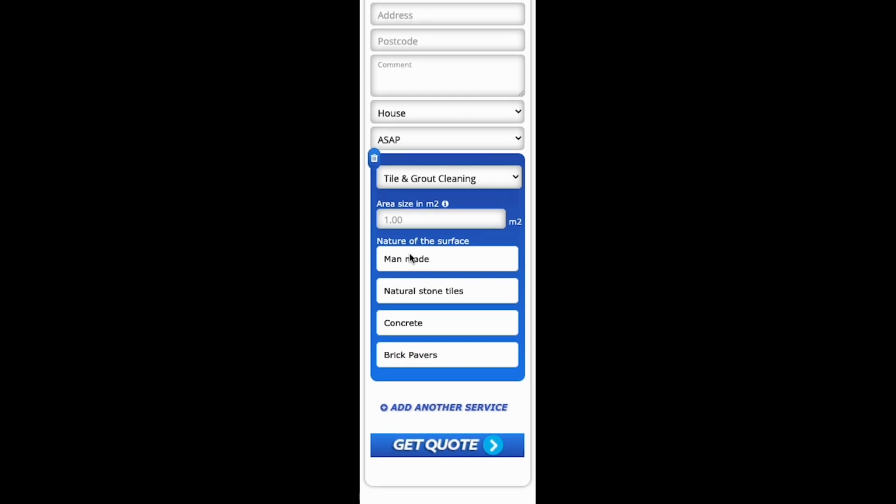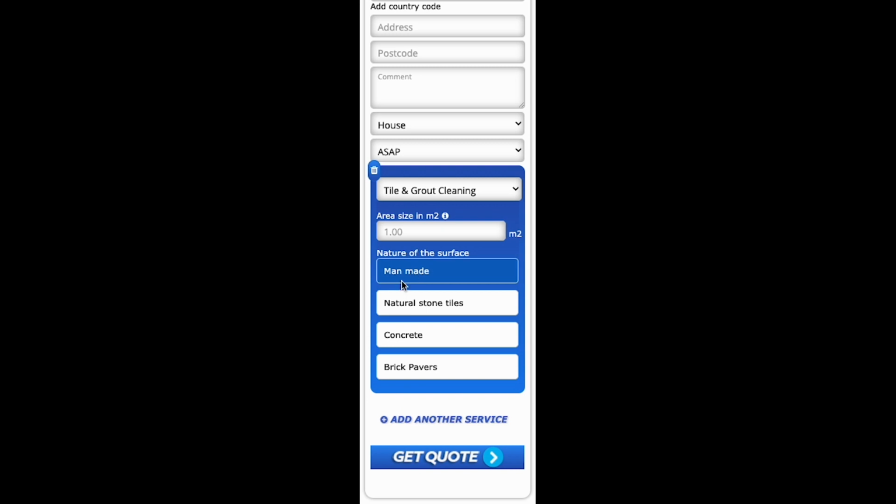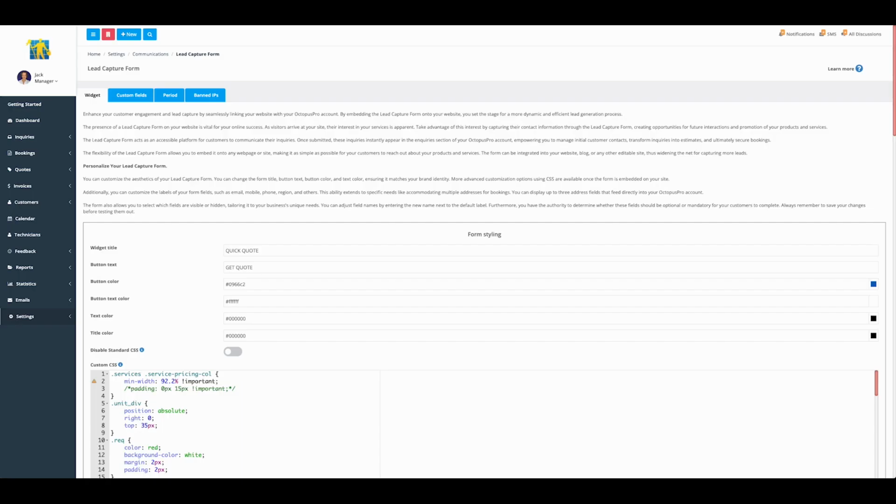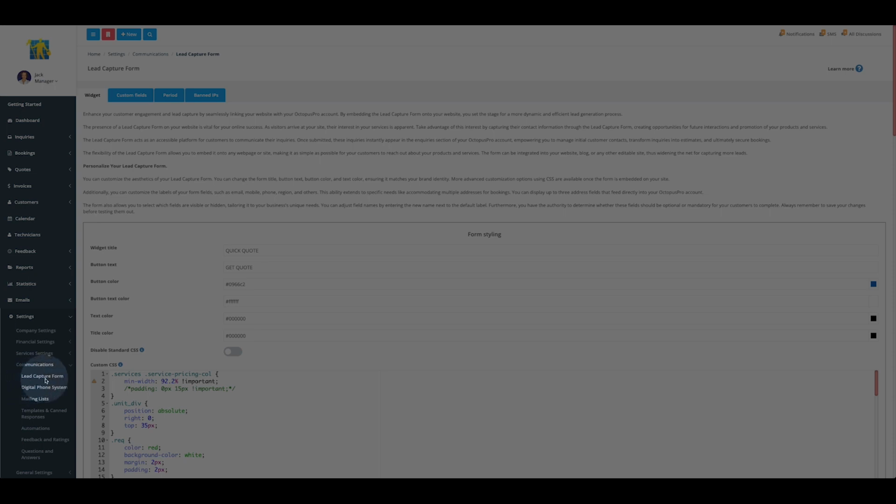So that means that your customers can already be clicking on which service they want, and then you can ask for more information based on that service. So we've got two custom fields that they've got here: area size and the nature of the service. To see this information and change the settings, we're just going to go to settings, then communications, and then